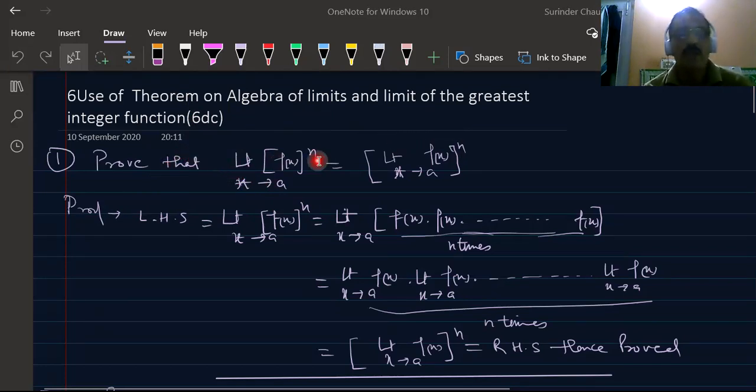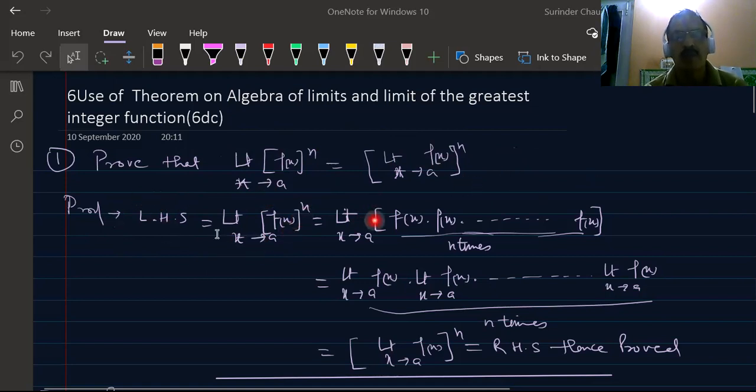Then the limit of their sum, for more than two functions, is equal to the sum of the limits, and the limit of their difference, where the others are subtracted from the first, is the difference of the limits. The sum will be sum and the difference will be difference. And if you take the limit of the product f(x) into g(x) into h(x) as x approaches a, it will be